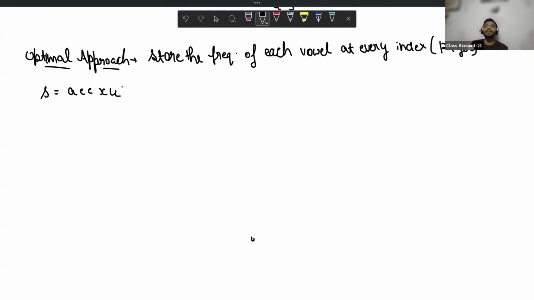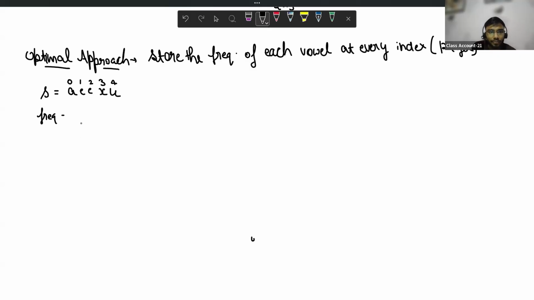I'm storing the prefix frequency of every vowel at every index. So I can write here index 0, 1, 2, 3, 4, and that is how my frequency array will look.